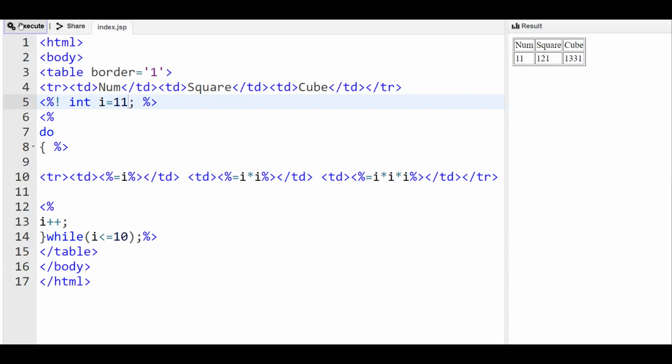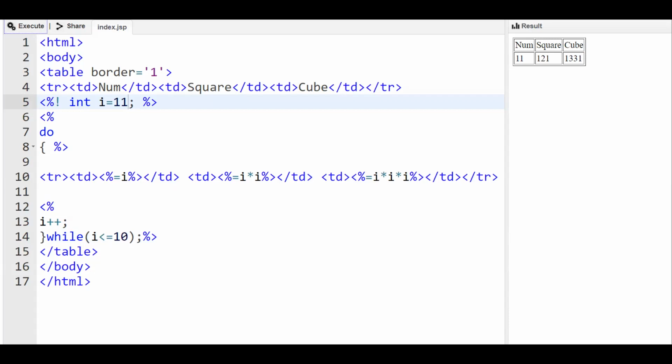So this is regarding the control statements in JSP. So we saw the if statement, then the switch statement, then for, followed by the while statement.